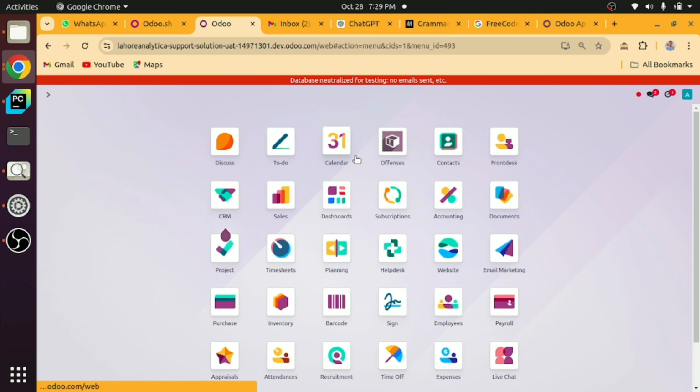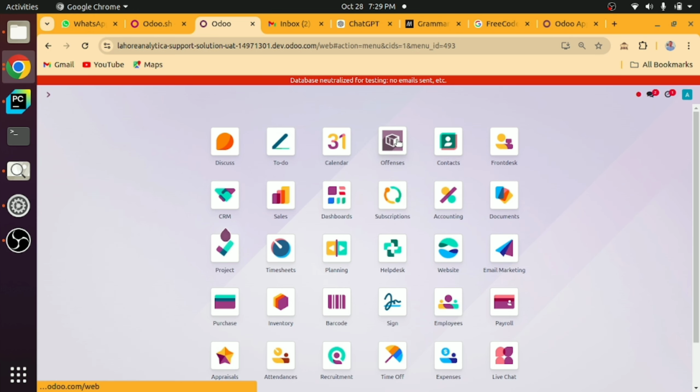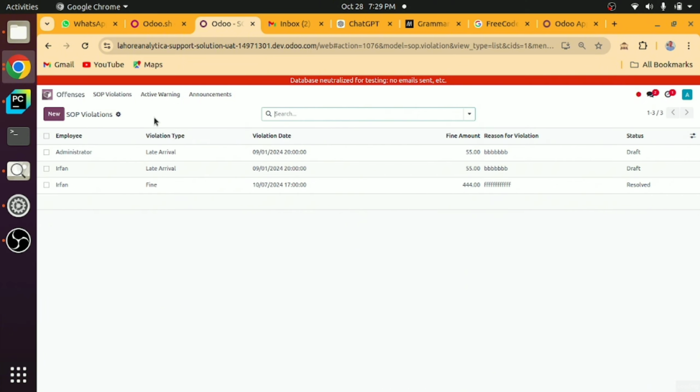And the other three options, as you can see, are active warning, announcement and SOP violation. For these, I have done a custom development with a fancy name. Here are all three menus: violation, active warning, announcement. If anything is regarding the employee, like an SOP violation or active warning, the management will create it against the employee,